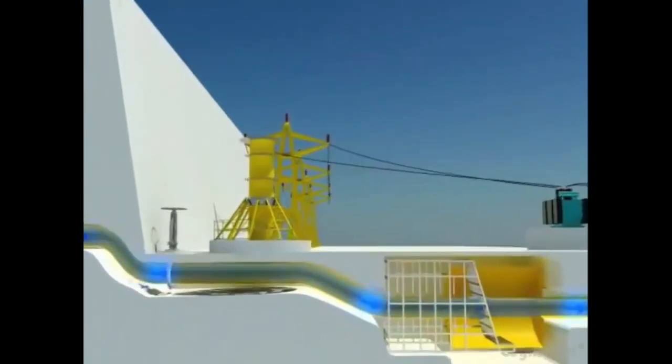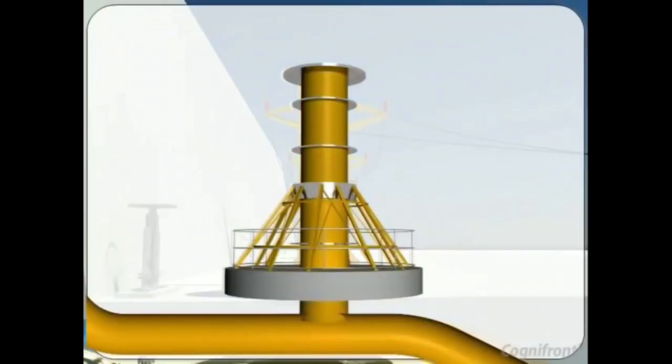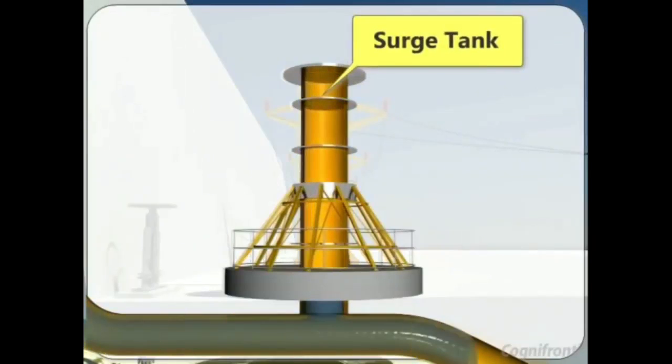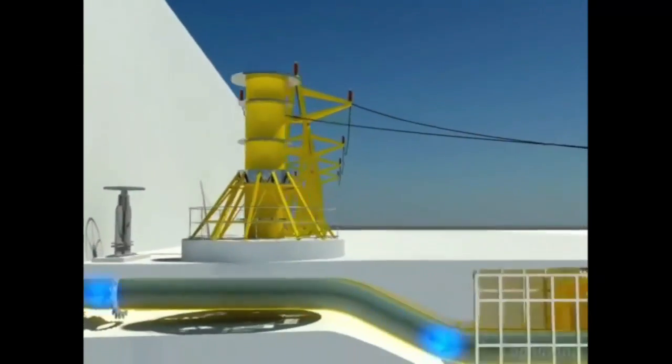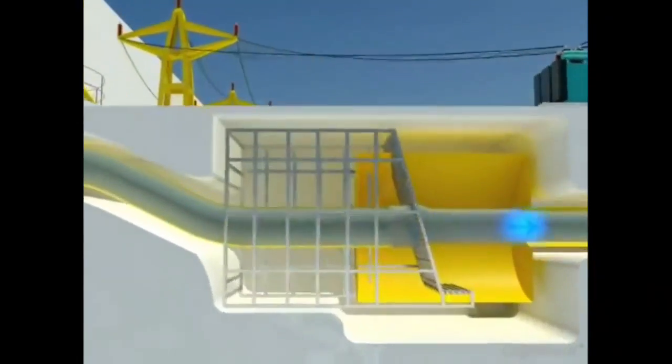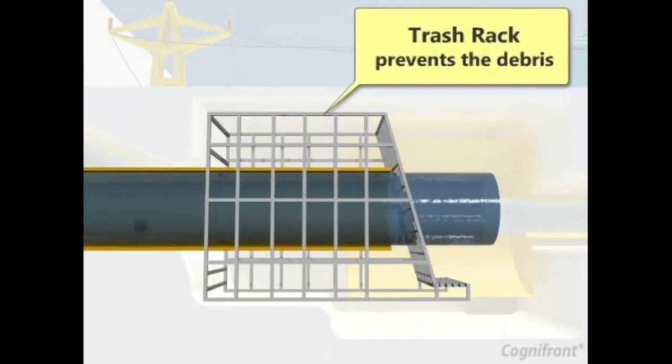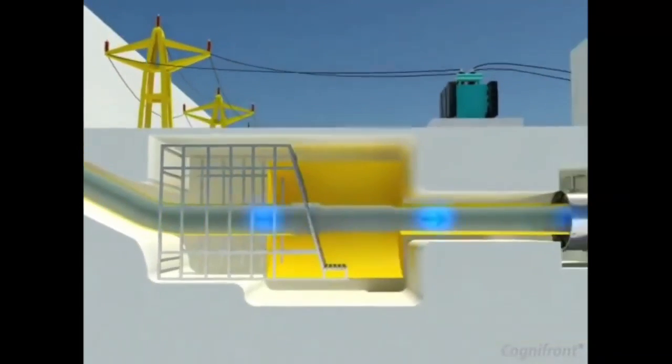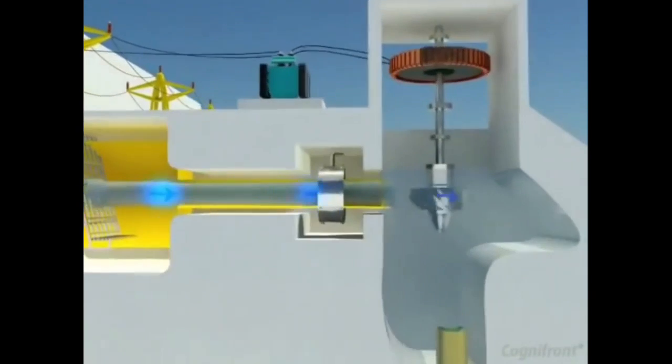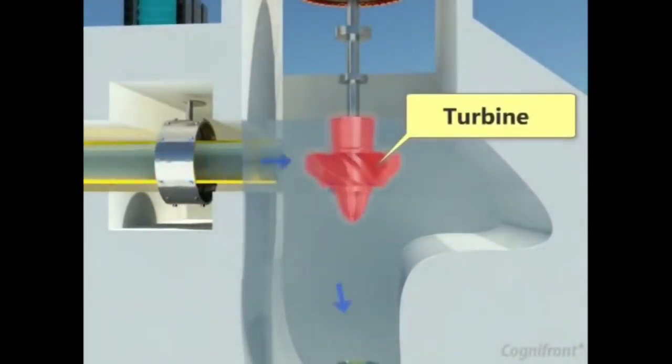Here the surge tanks are used to control the flow, so they will help to prevent the excess flow of water. This is the trash rack, which will prevent debris from entering the turbine or striking the vane, which may damage the vane of the turbine. So here water will strike under high pressure of force.